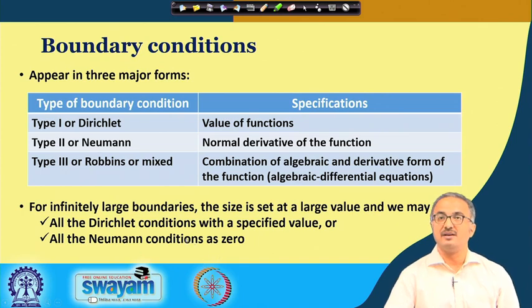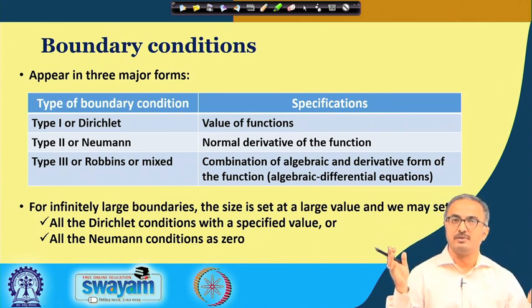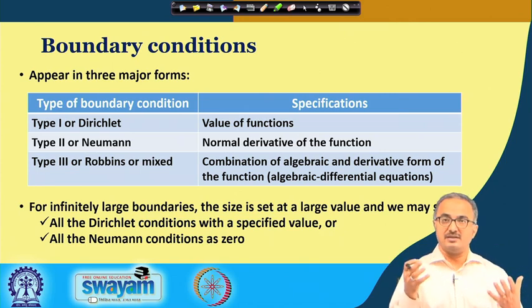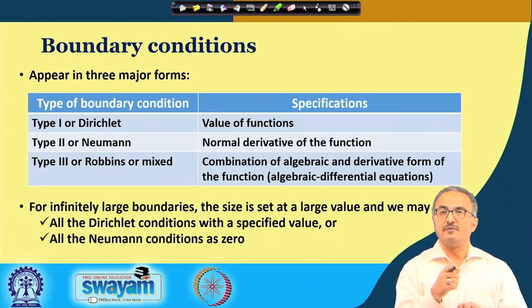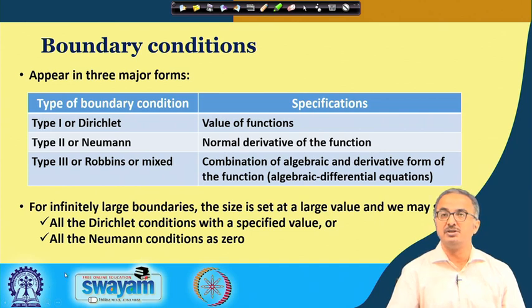So, this is another thing, that whenever you have infinite, as I was telling you, that if you have a semi-infinite domain, the size is taken to be too large, because how to represent infinite? There is no way to represent infinite when you are going to make some kind of coding. So, you put a large value compared to the actual dimension of the domain of your study. Okay. So, in that case, either you put all the Neumann conditions to be 0,